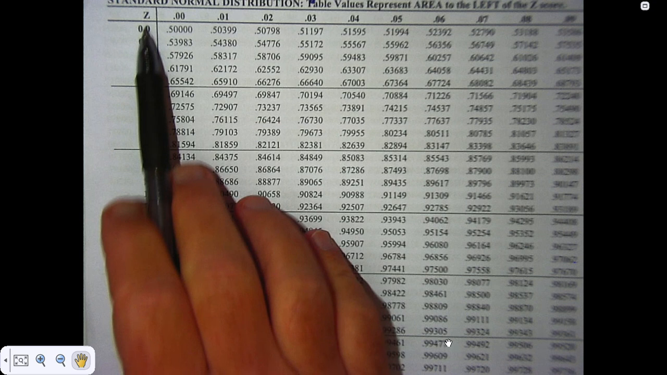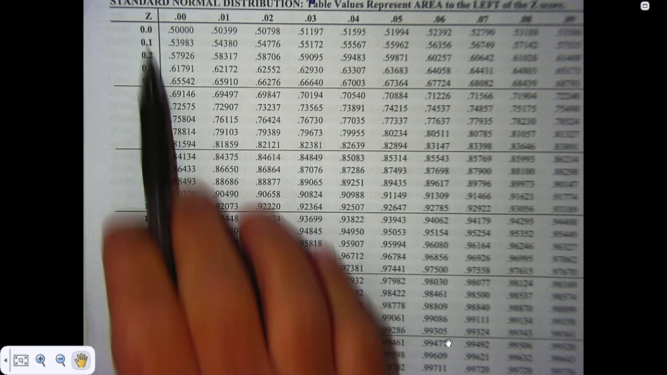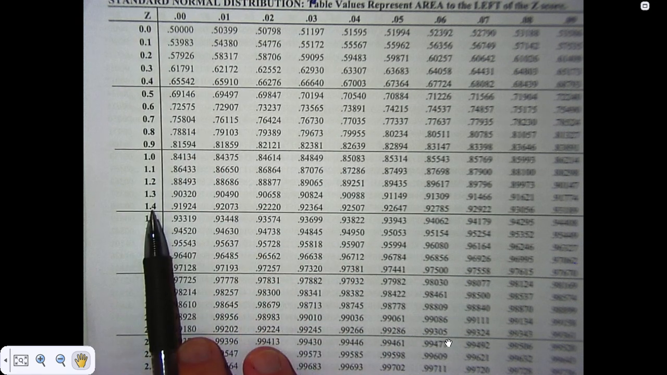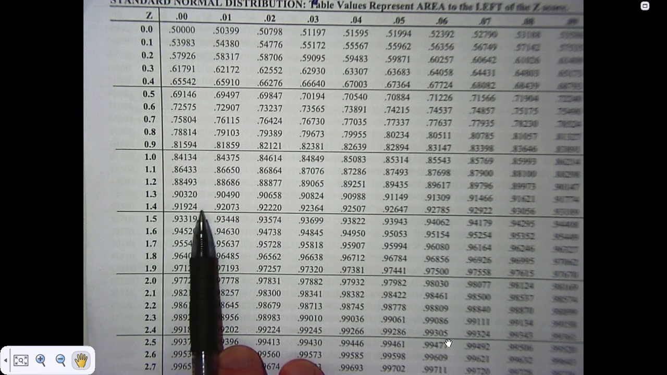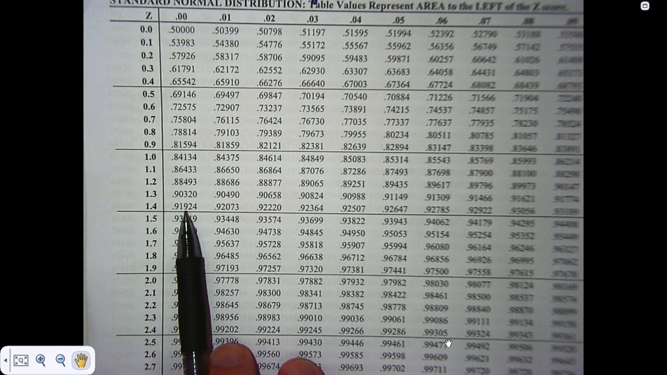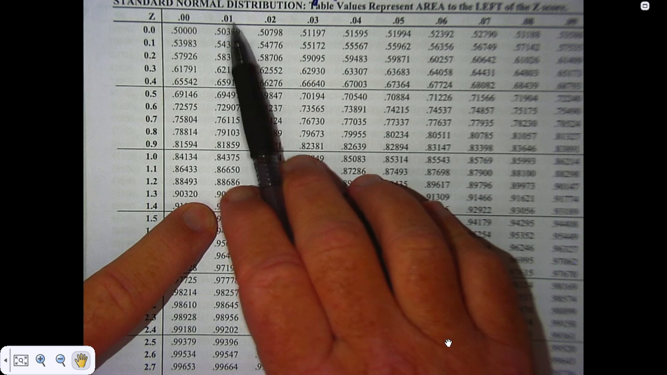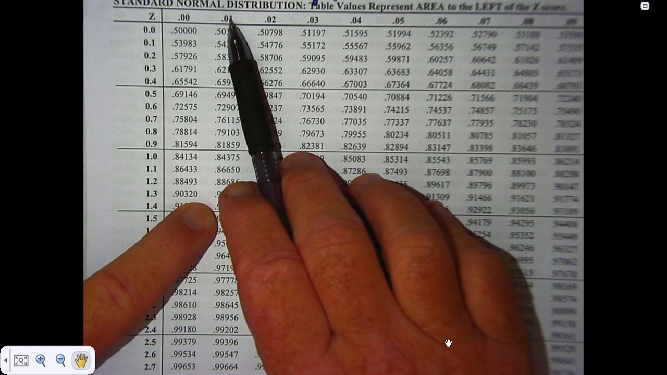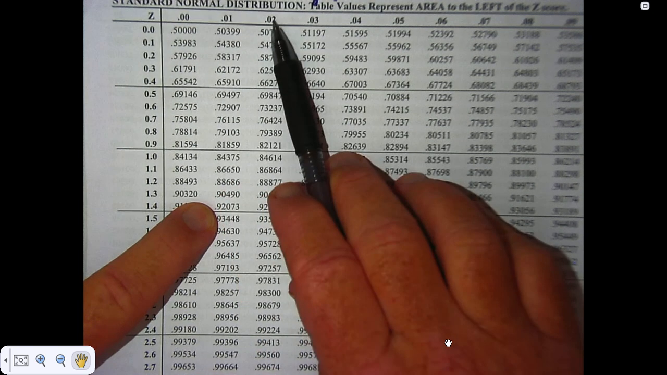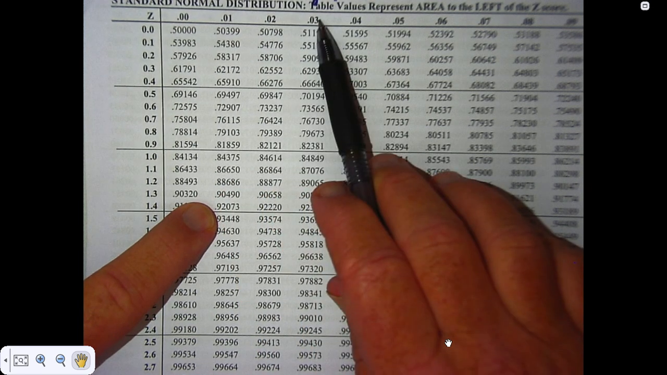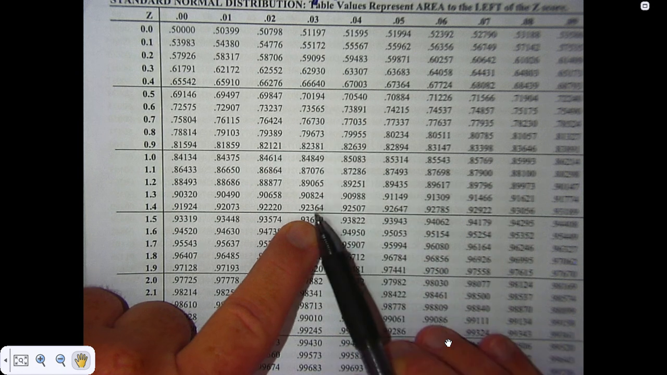And I've got a z-score all the way down to here. There's 1.4. If I wanted 1.40, I'd go to this first column. If I wanted 1.41, I would go to the second column. Notice the 0.01 here. That 1 is just added on to the 1.4. So that'd be 1.41, 1.42, 1.43 is right here,